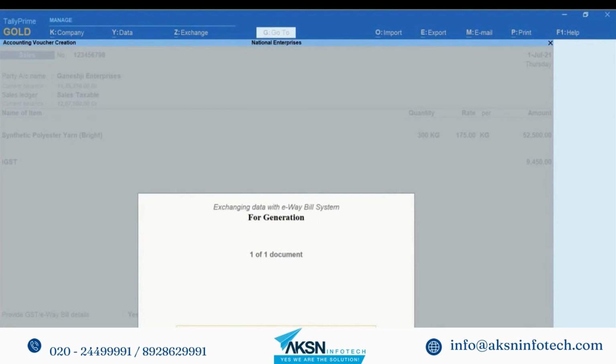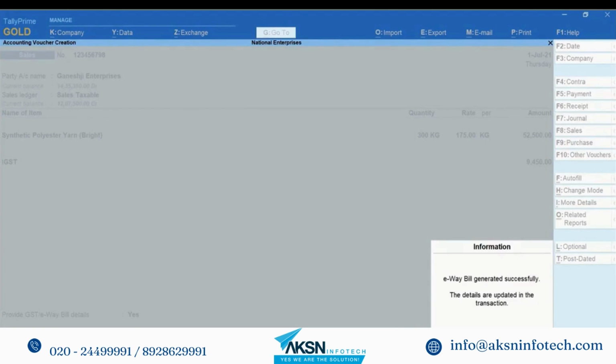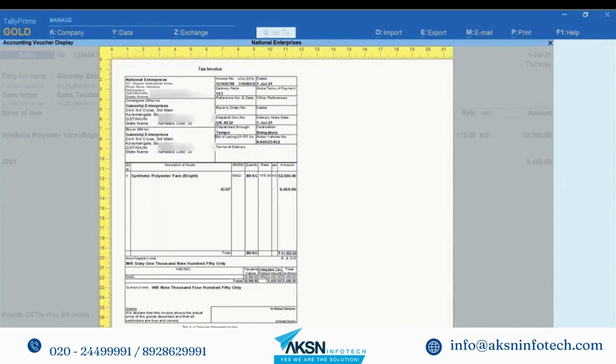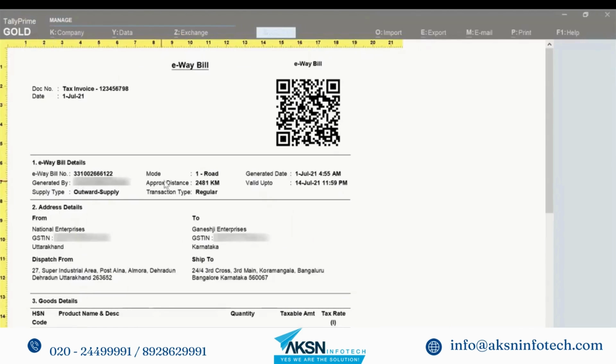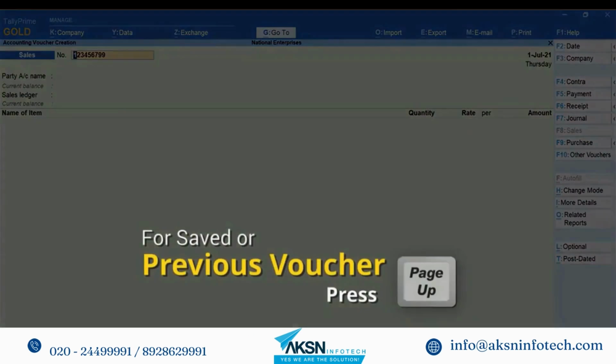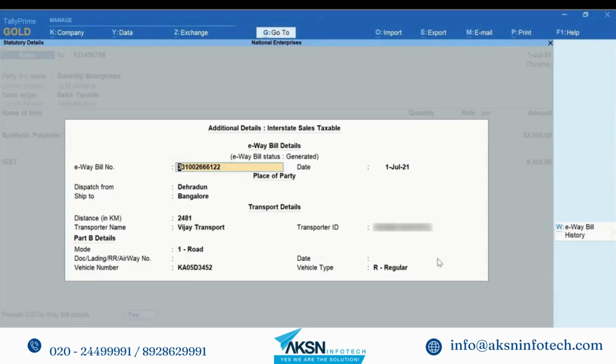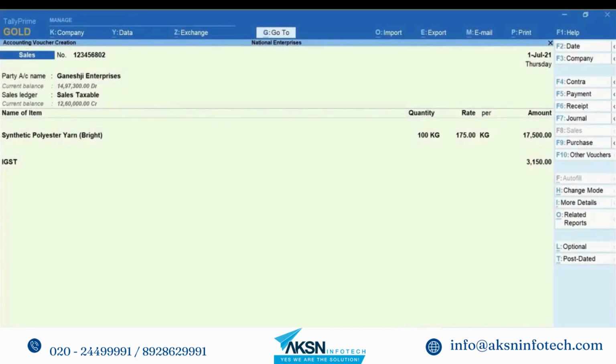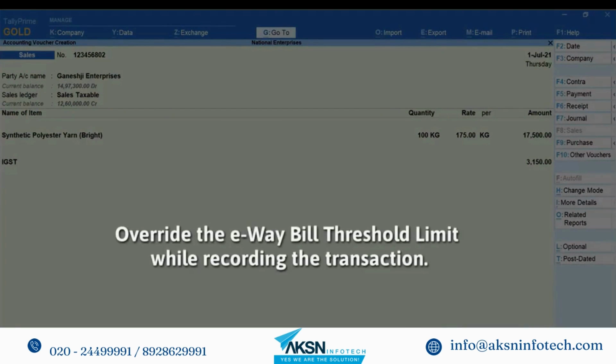ई-वे बिल सिस्टम के साथ जानकारी का एक्सचेंज कर रहा है। जानकारी का लेन देन संपूर्ण होने के बाद एक कंफर्मेशन मैसेज दिखेगा। उसके बाद इनवॉइस का प्रीव्यू दिखेगा। पेज डाउन दबाकर आप बनाए हुए ई-वे बिल को QR कोड और संबंधित जानकारी के साथ देख सकते हैं। इसके अलावा एडिशनल डिटेल स्क्रीन में ई-वे बिल नंबर और वैलिडिटी डेट अपडेट हो जाएंगे। चलिए अब ई-वे बिल के लिए उपलब्ध कॉन्फ़िगरेशन देखते हैं।